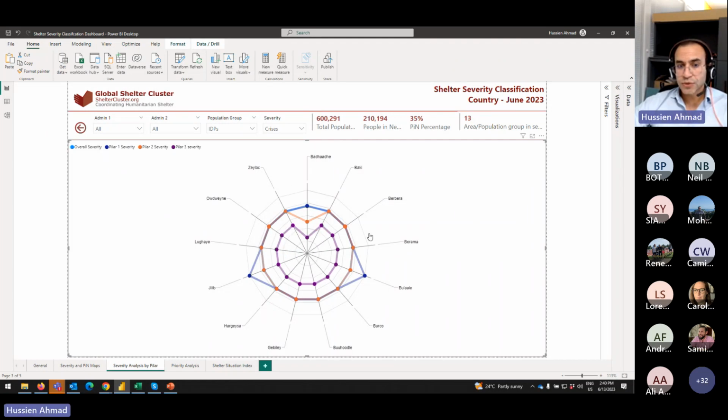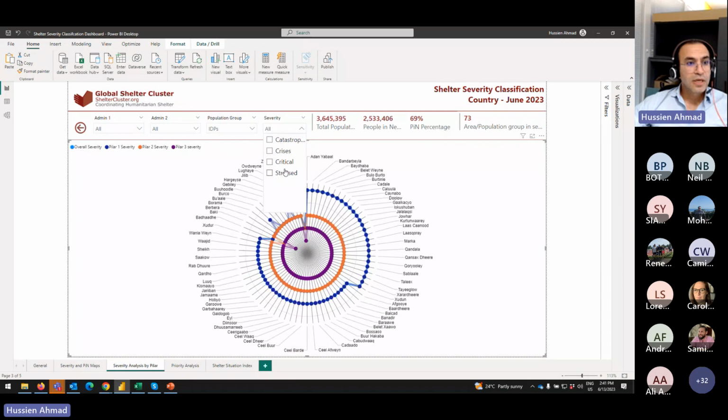So this will allow us to understand visually how areas under the same severity classification are affected by the crisis under the 3 pillars, and which is the main driver of the severity classification that we have got for this area. For example, if I want to look at it geographically, I will select, for instance, a couple